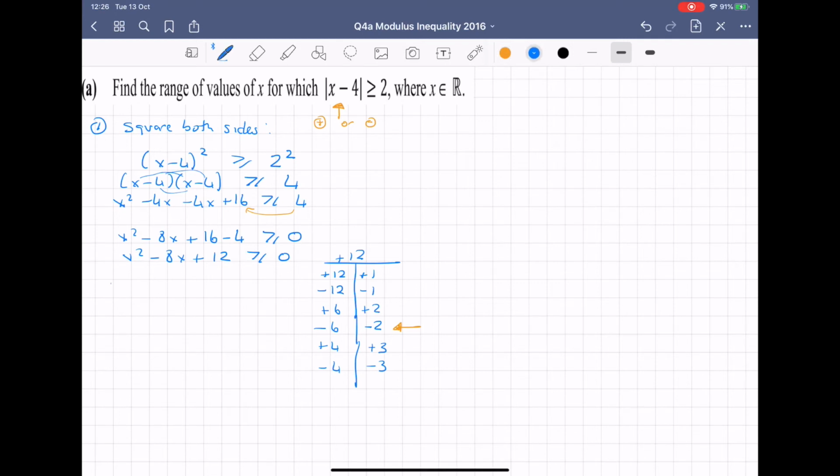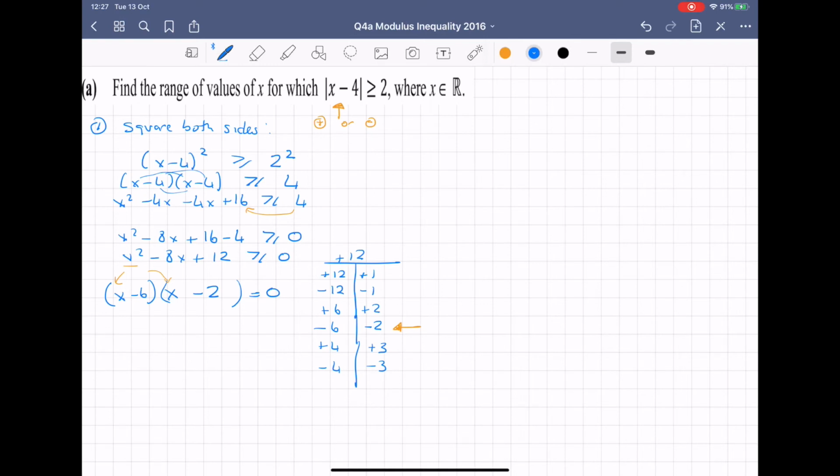Okay, so to finish off the factorization, split x squared into here and here. Then you have x by x. Split your plus 12 into the -6 and -2 that you identified here. And that's it done. Okay, so to find the critical values, I'm going to use the equals sign to solve